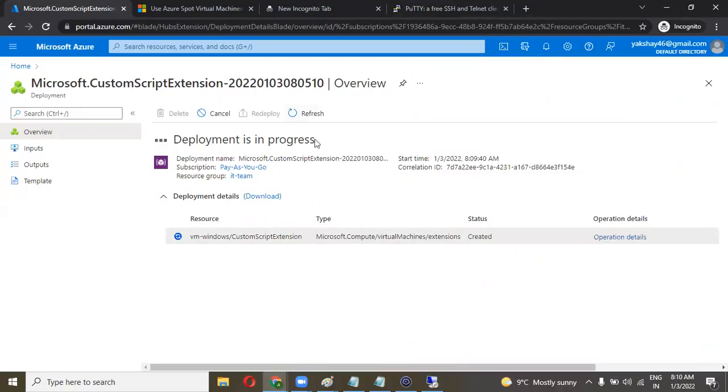So deployment is still in process. Once the deployment succeeds, you can see your Internet Information Service feature is added to the particular machine.